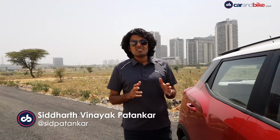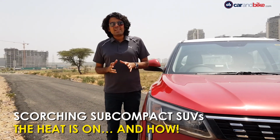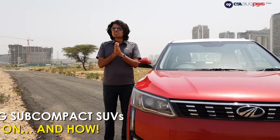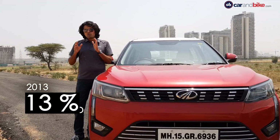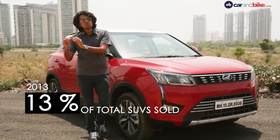The only thing hotter than the subcompact SUV these days is the oppressive weather that we've been facing the last few days here, especially in the north of India. But subcompact SUVs, I mean, how hot can it get? Well, I don't think we've even scraped that surface, because think about it, 2013, subcompact SUVs were just 13% of